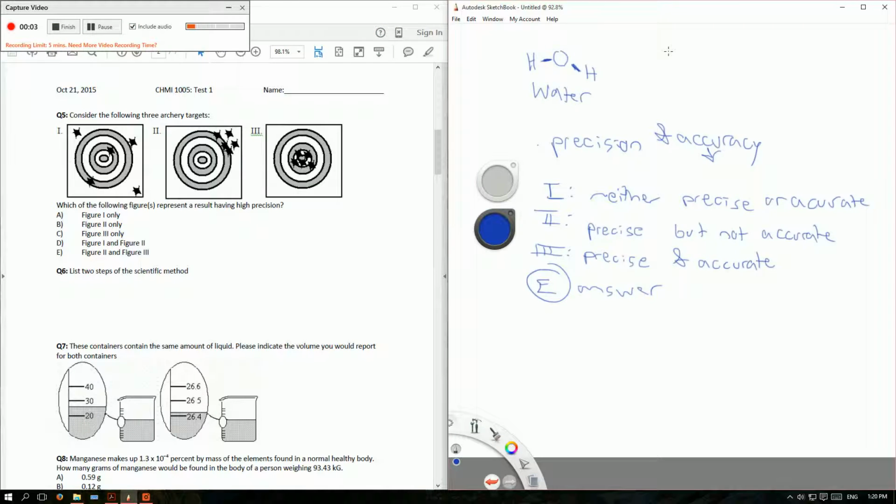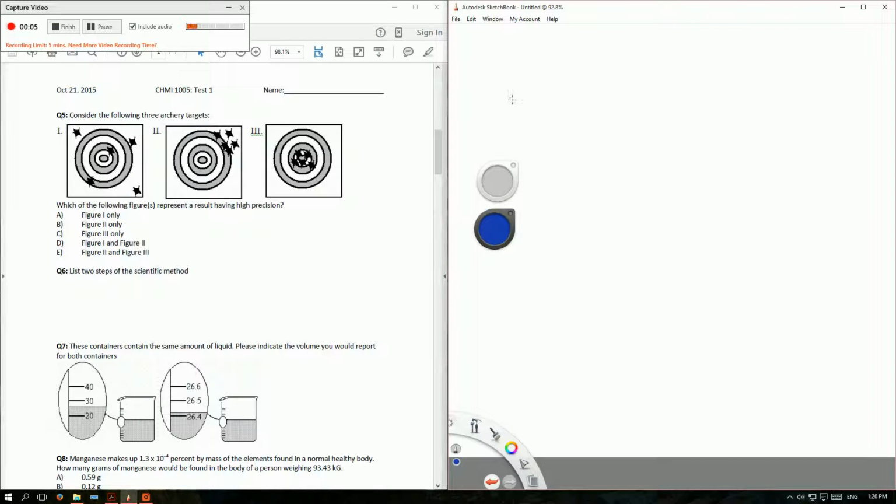Now on to question 6. List 2 steps of a scientific method. So there are a bunch, basically. You could have observation, which leads to a hypothesis, which leads to experimentation,